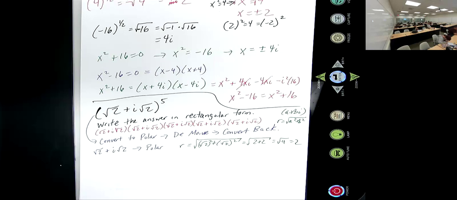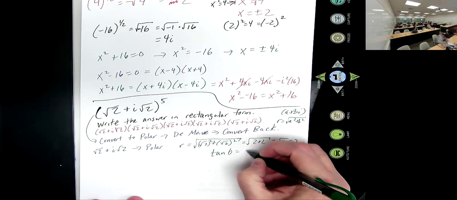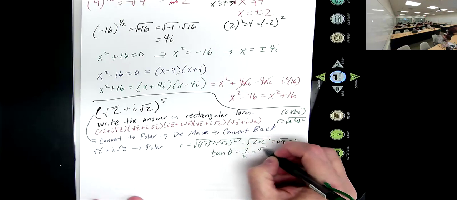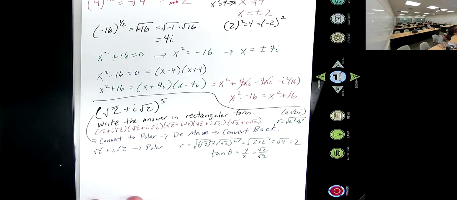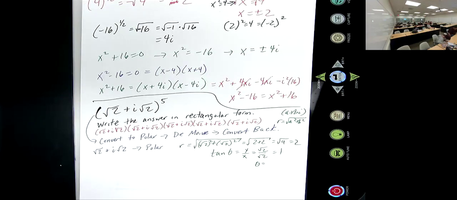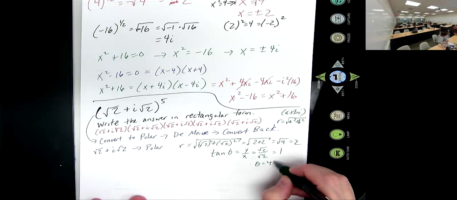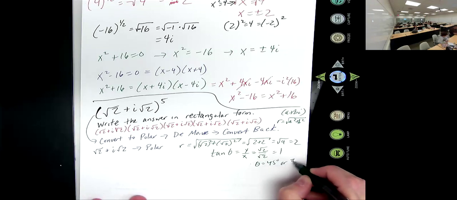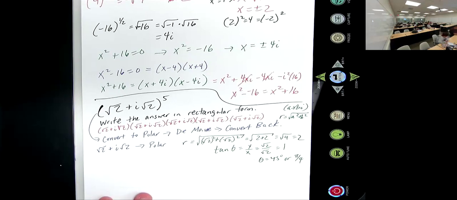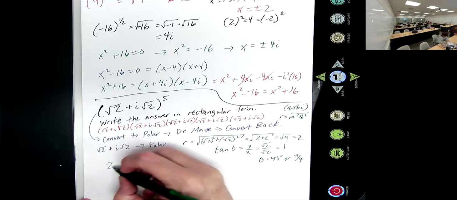Tangent of theta equals y over x, and then you plug it in and do inverse tangent. Theta is y over x, which in this case is root 2 over root 2, which is 1. So what is theta? 45 degrees or pi over 4, whichever one we want to use. So what we have here is 2 cis 45